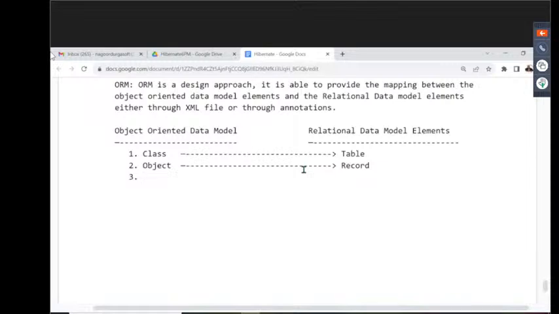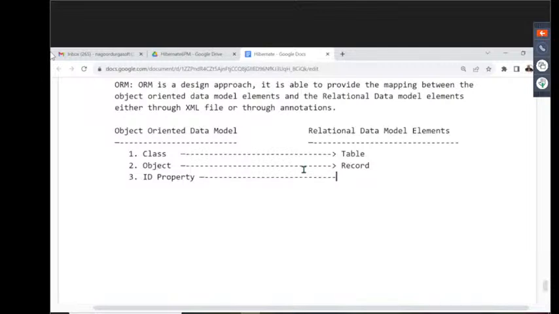Say for example, if we take employee, is employee number an identity or not? Come on guys. If we take the employee class, employee number is an identity property. If we take product ID, is it an identity property or not? If we take customer ID, is it an identity property or not? Account number is an identity property or not? In this way, identity properties are available. Now in our class, the ID property,